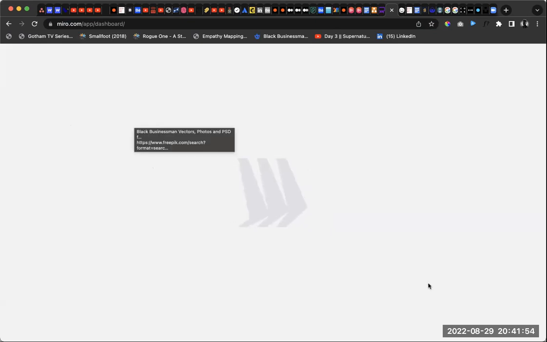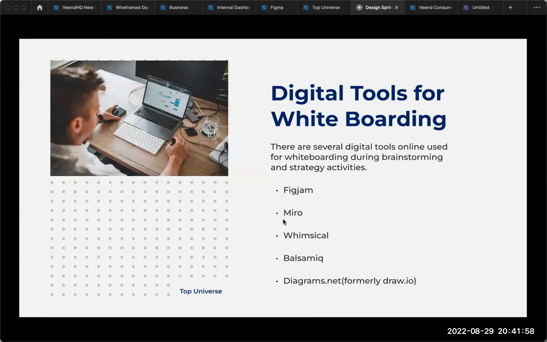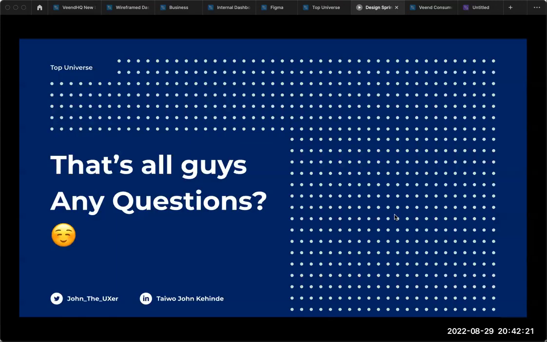You can only create 3 boards on Miro for an account. Once you've created the 3rd board, it will tell you to upgrade to the pro version. But FigJam gives you a variety of options. You can create as many as you want because it's Figma, it's FigJam. So yeah, I think that's it.